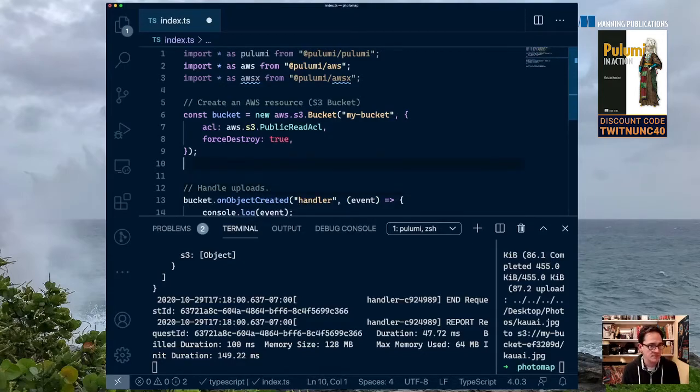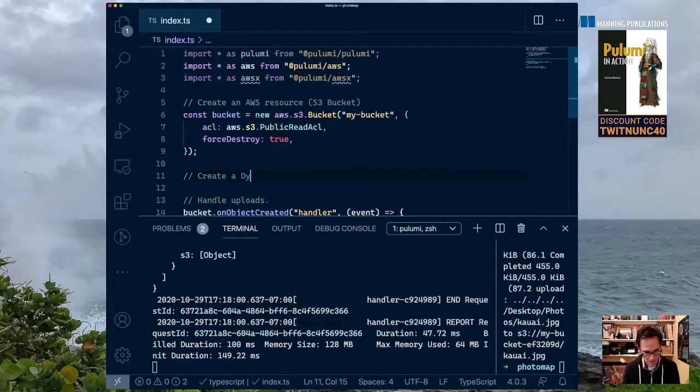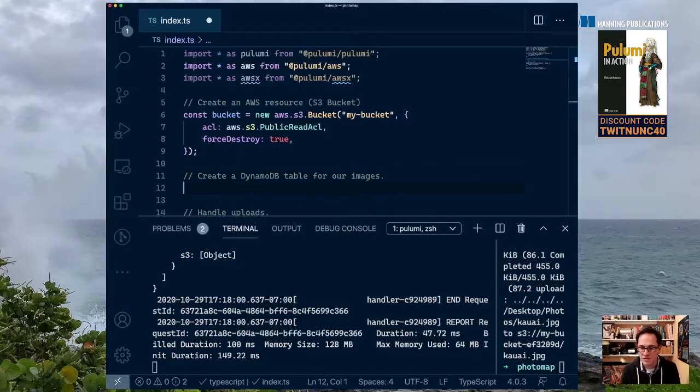Handle uploads, okay. Create a DynamoDB table for our images. Cool. All right, so what is that thing? I invite you to take a look at DynamoDB and what it is, but you can basically think of it as just a key value store. And so we're going to store images keyed in a certain way, so given a certain kind of ID,